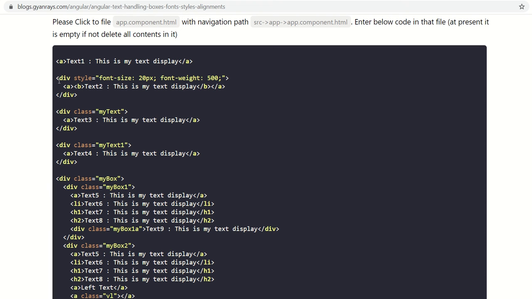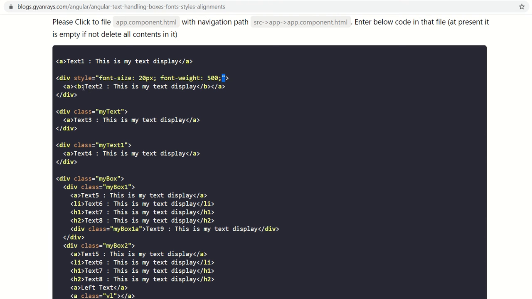Well, if you want to display a particular size of a text, you need to define it with a style property. So style equals to, and all the properties need to be mentioned under double quotes. You can see here, and all the properties will be separated by a semicolon. So this is the fixed attribute, or you can say a placeholder provided by HTML, which is followed by Angular 2.